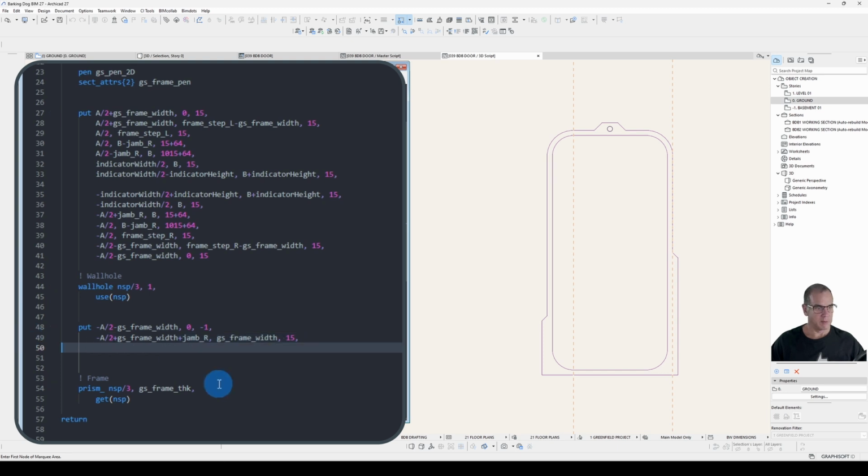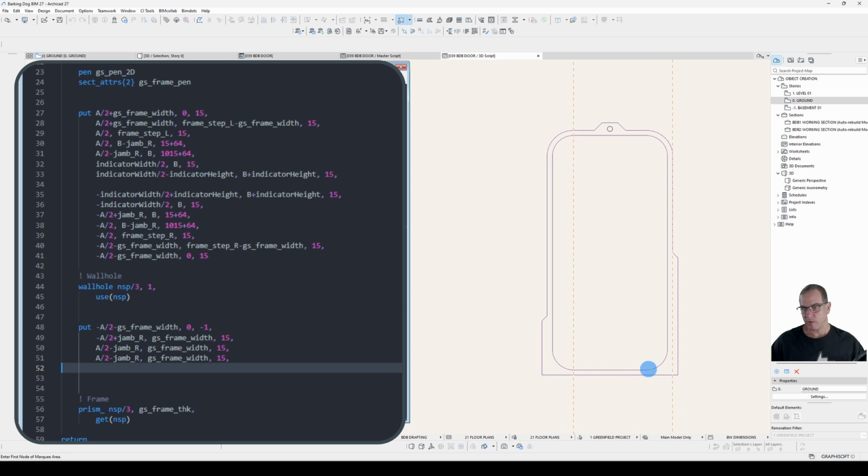I'll work out the smoothing later. Then we go to the positive side, plus A2, minus that. Oh, actually, no, it won't be frame width. It won't be that. It'll just be that. Minus jam radius. A2 minus jam radius. GS frame width 15. Positive A2 minus not jam radius, but GS frame width. And it'll be,